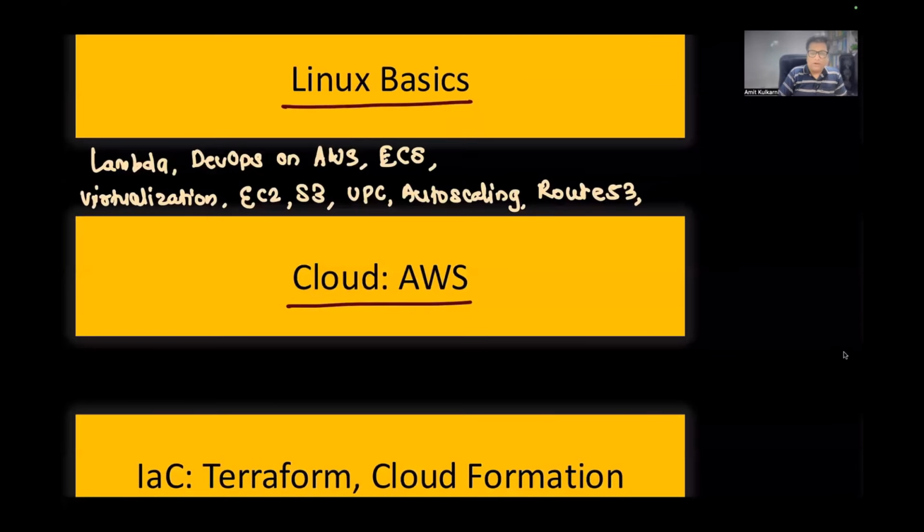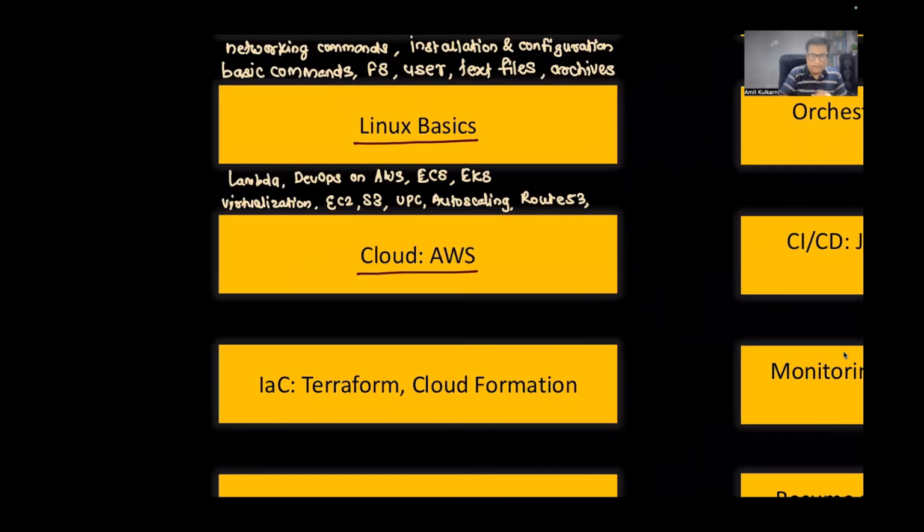Once we're done with Docker, we'll come back here and talk about ECS. And once we're done with Kubernetes, we'll come here and talk about EKS. EKS stands for Elastic Kubernetes Service, and ECS stands for Elastic Container Service, as it is known. So this is something where we'll be using AWS services in this part, or maybe you can say in this module of this course.